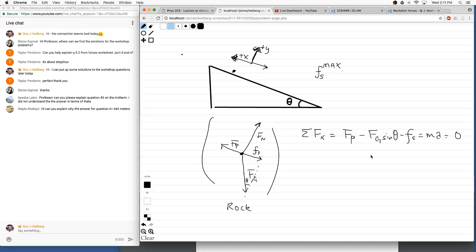Now all I need to do is see that F push is going to need to be greater than both of these two things, right? If I bring both of these over to the right-hand side, then I'll have F static plus Fg sine theta. And as long as F push is,